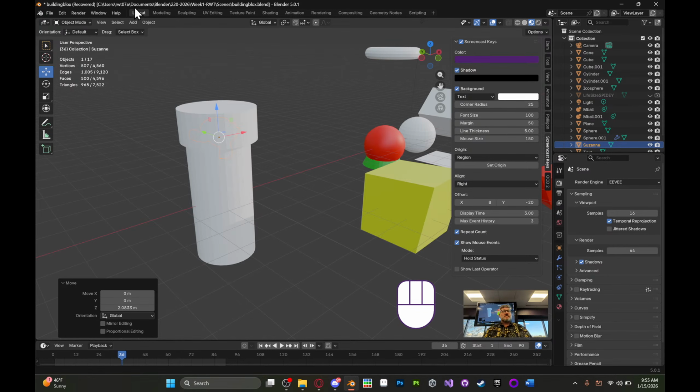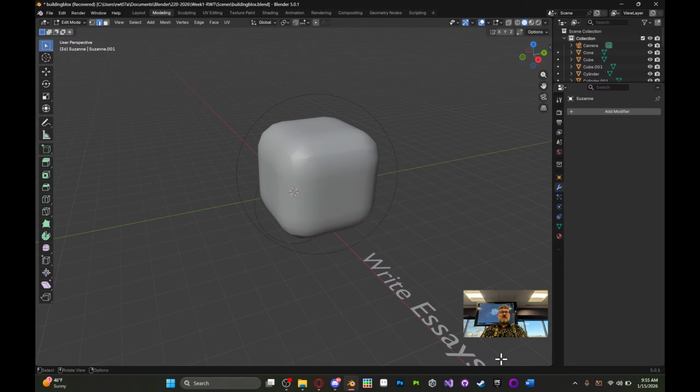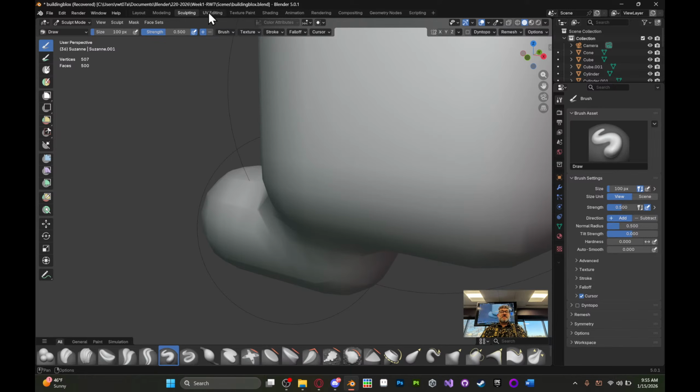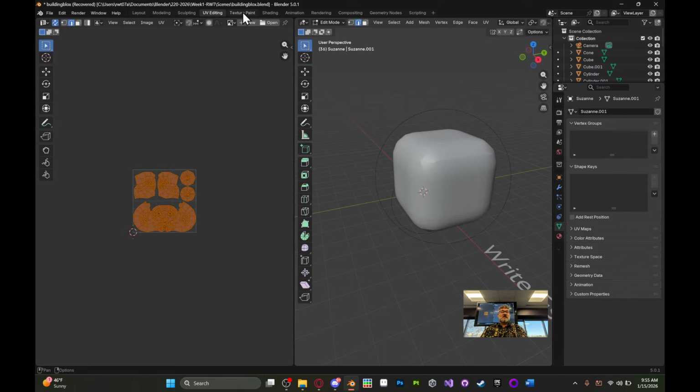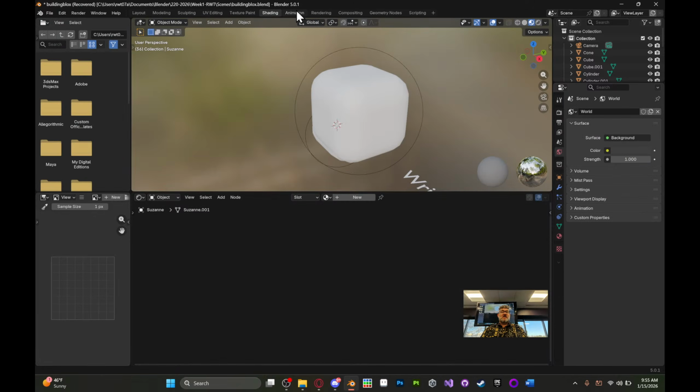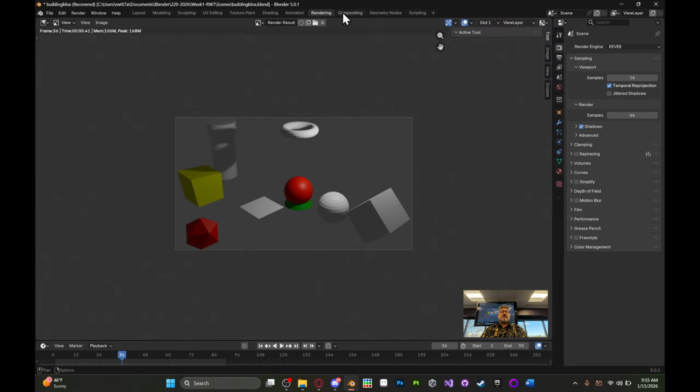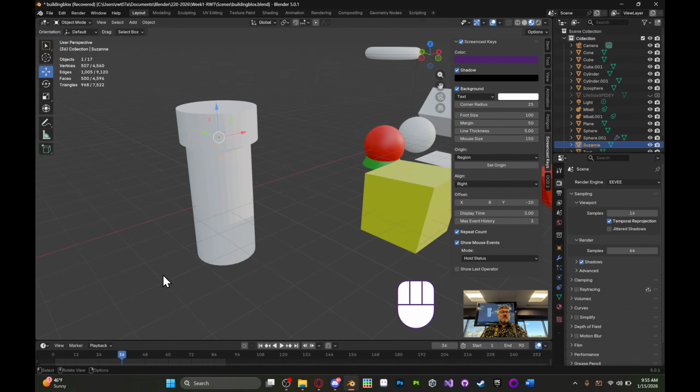here in the layout tab, so we've got all these different workspaces here up top. We've got layout, which is what we default to. And there's modeling, which takes away the animation bar and a bunch of that other stuff. There's one for sculpting, for UV editing, texture painting, shading. There's all these cool things we're going to get into later. But in layout, we like that because it already has the animation stuff here that we're probably not going to use very much at all, except maybe this week. And then some later,